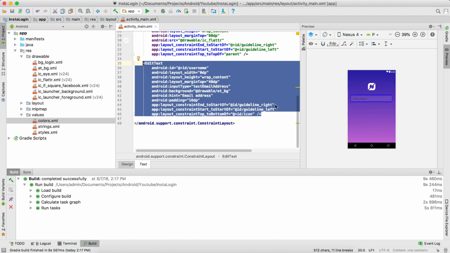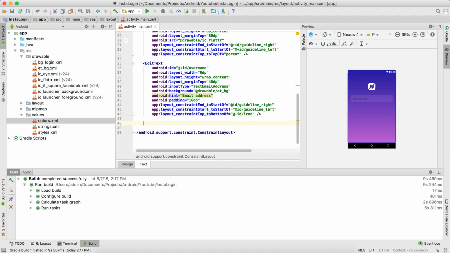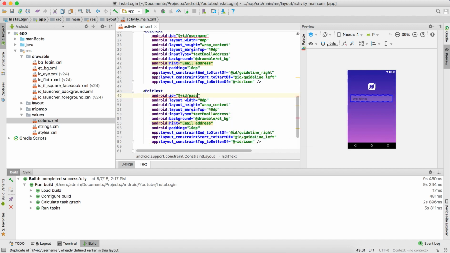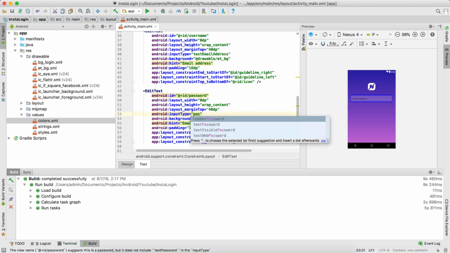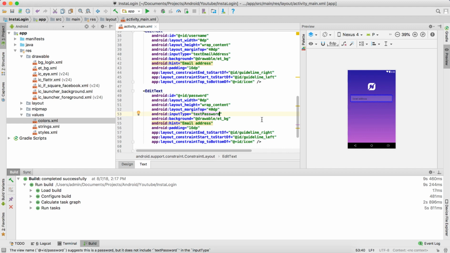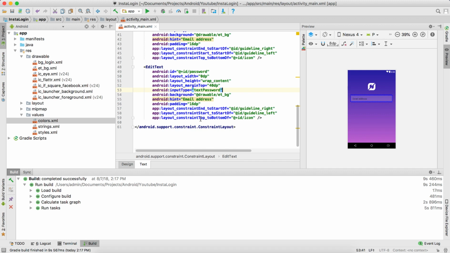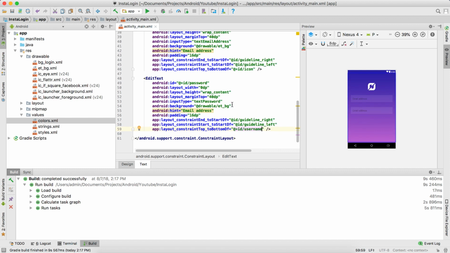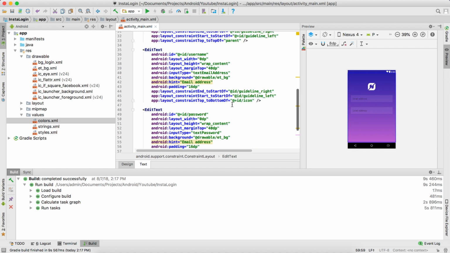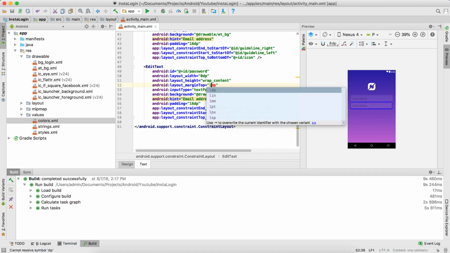We just copy this EditText to create the next one. We change the ID and change the input type. The constraint top should match the bottom of the username, and then we'll reduce the margin. I think 16 dp should be fine. Yeah,